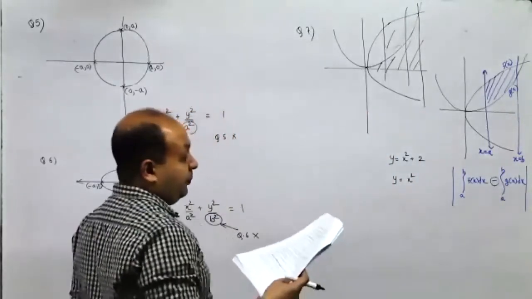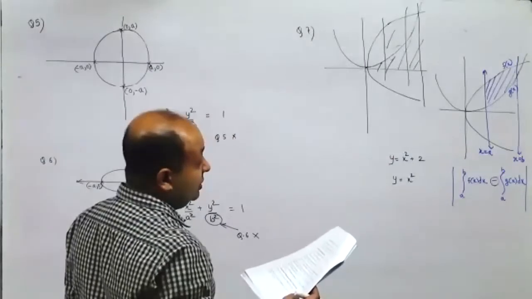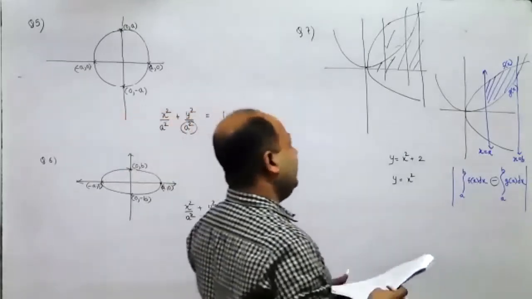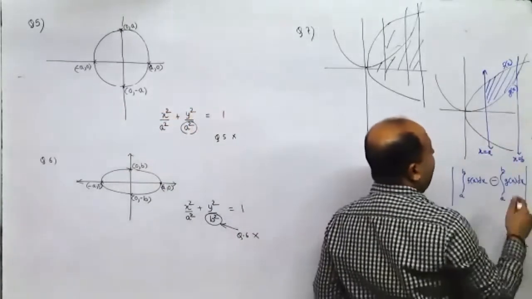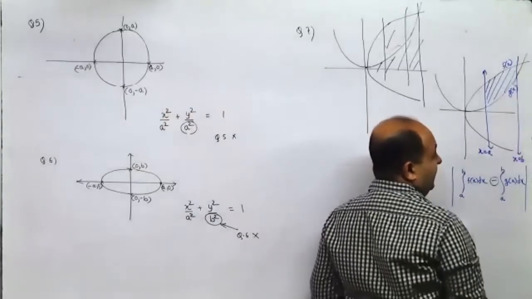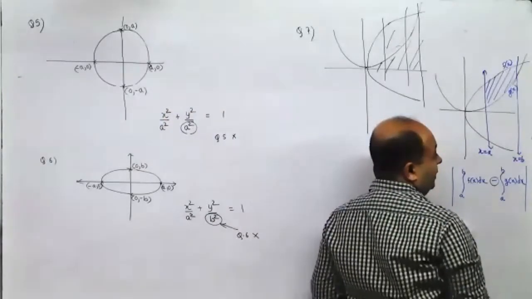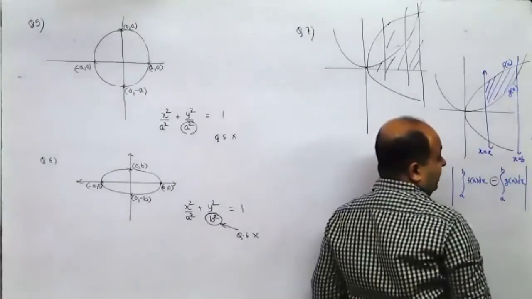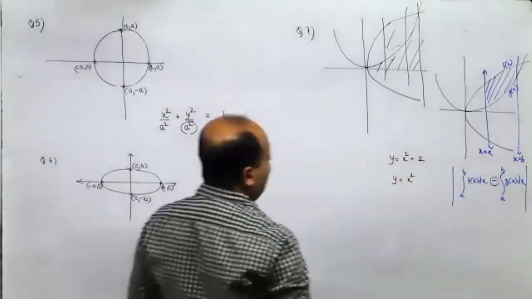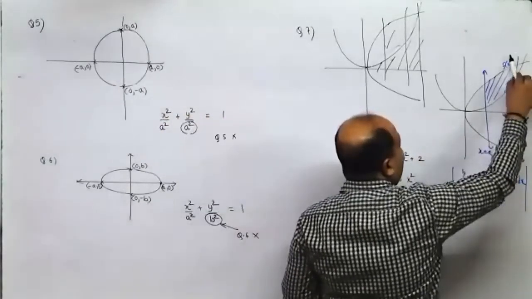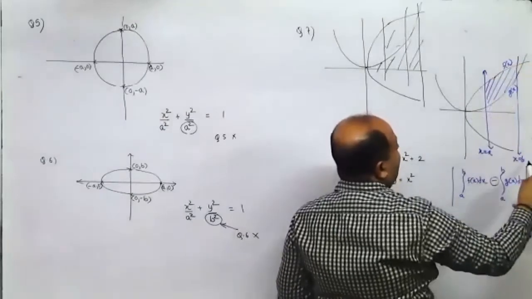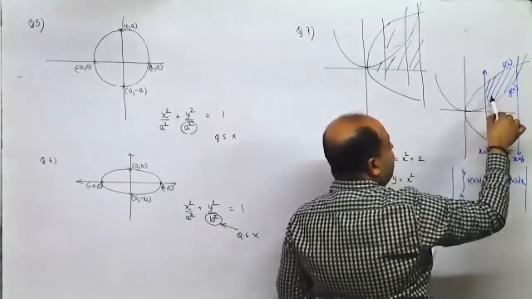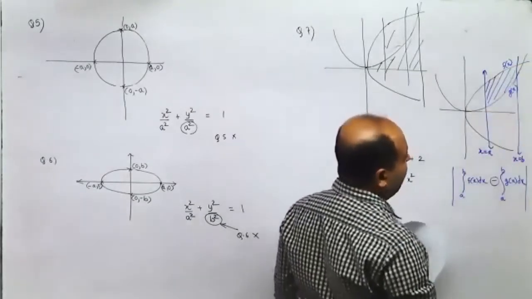Sir, see, how did you find that one is symmetrical to x-axis and one is symmetrical to y-axis? No, I didn't. I just took rough figures. Say any figure. It doesn't matter. Even if you take the same type of figure with one over here, then also you'll get the same. Okay. Follow what I'm saying? So here, suppose I say these two figures are such that one is above the other and cuts the other one. Then also, when you want to find the bounded region, you'll have to subtract one from the other.